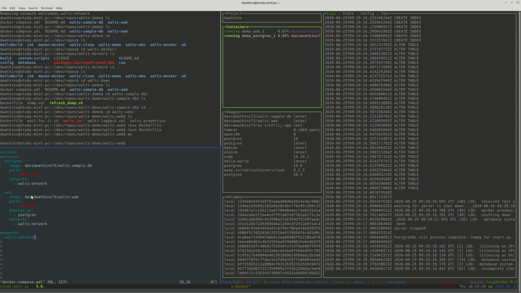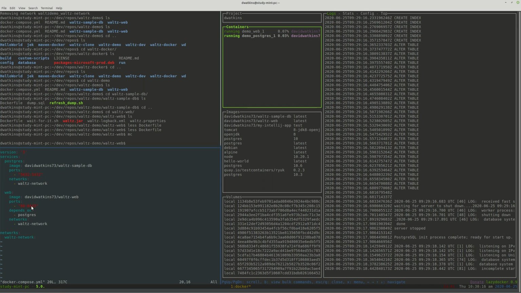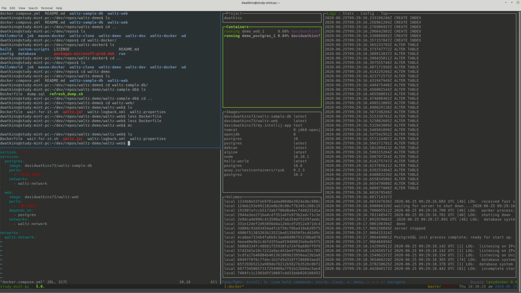We've got the web image. Again, we said, okay, we're going to proxy port 80 on our host to 8443 on the container, which is the one that we're starting the web server upon, which allows us to hit localhost port 80 and get Waltz. If we could take a quick look at how these files are built,